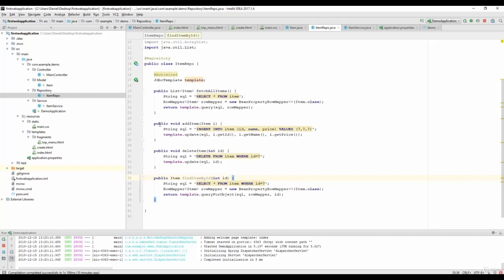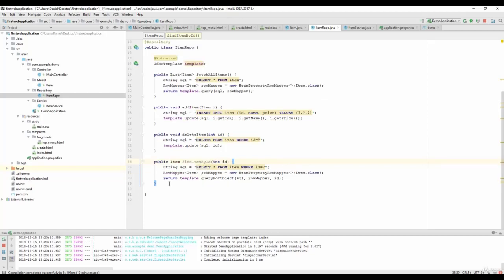So that's it from the item repository. But we also need a way to save and update our item. So let's create that at the same point. I'm gonna create a public void updateItem